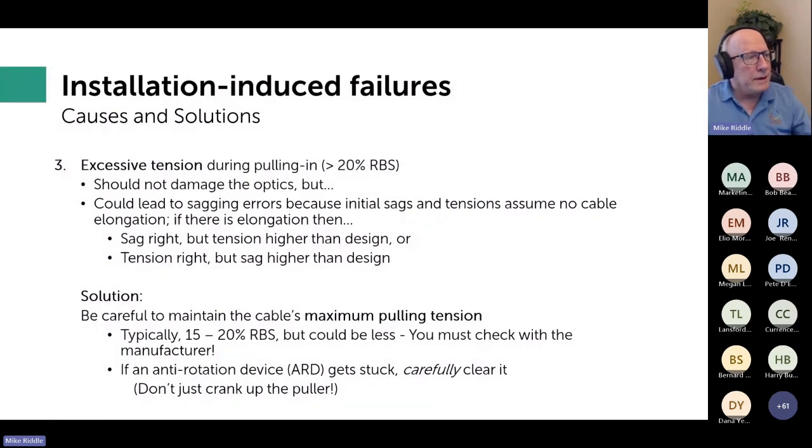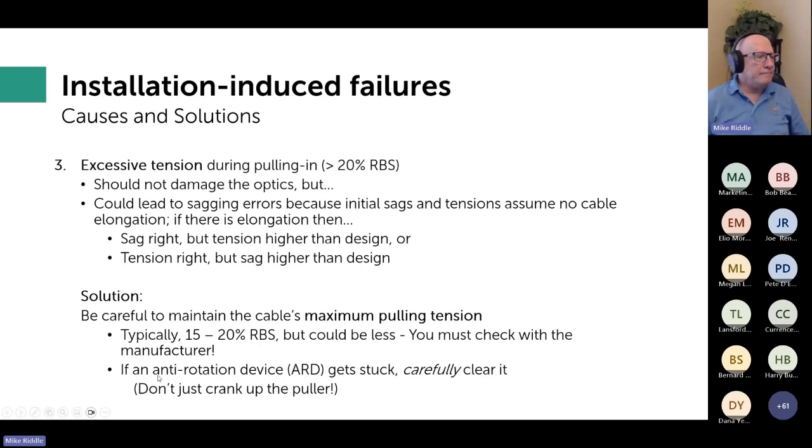And the biggest thing that I see cause problems during pulling, other than the blocks, is anti-rotation devices getting stuck. An anti-rotation device is sometimes necessary, but they're a little bit like the cable version of chemotherapy. They almost cause as many problems as they solve. And one of those problems that they cause is that the cable can get hung up in the block. And the natural tendency of the crews is to therefore crank up the tension. And of course, that can then lead to bad things happening. Cable damage, or the device can actually come apart, and everybody has a bad day at that point.